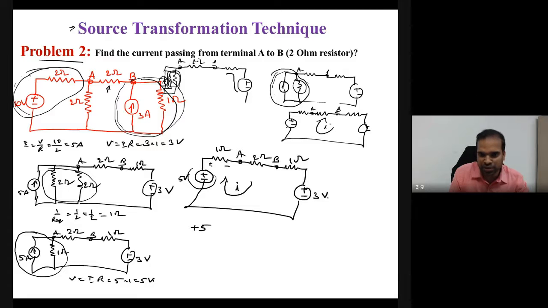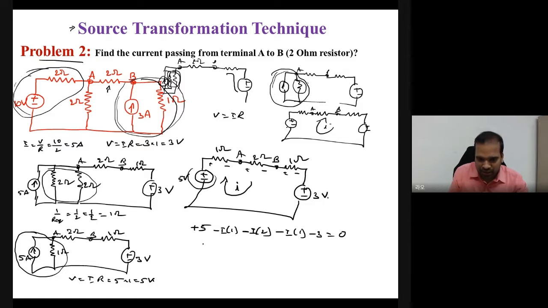Current always flows from plus to minus, higher potential to lower potential. So minus, what is the voltage here? Voltage means, as per Ohm's law, V equals IR. You have assumed current I is flowing, and what is the R at this 1 ohm? 1. Therefore the voltage at 1 ohm is I. Then current is flowing plus to minus at the 2 ohm, therefore minus V equals IR. What is the voltage at 2 ohm? I times 2. Now here current is flowing plus to minus, therefore minus V equals IR, I times 1. Here plus to minus, therefore minus 3 equals 0. This is the KVL.